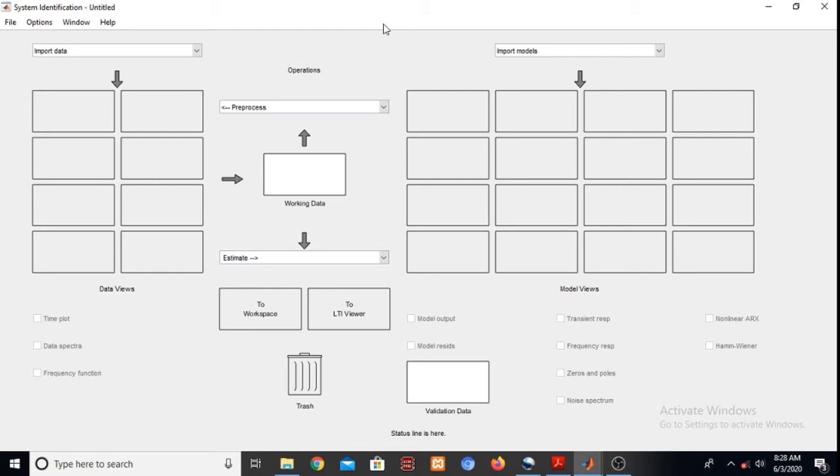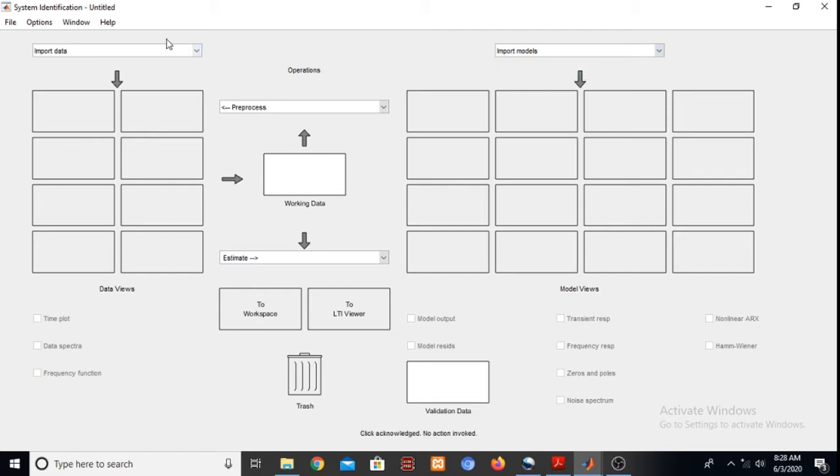So let us demonstrate how a system can be identified with the system identification toolbox or application of MATLAB. So we can import the model here, or we can import the data here.